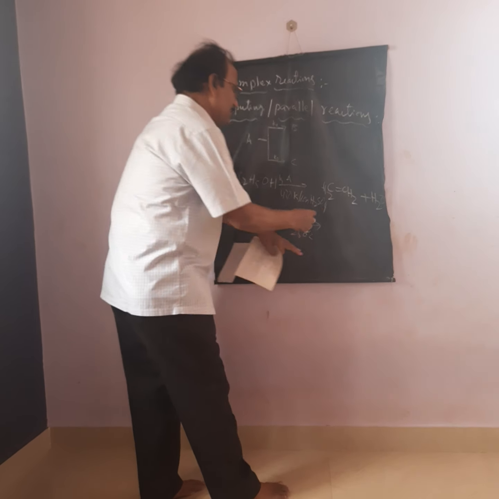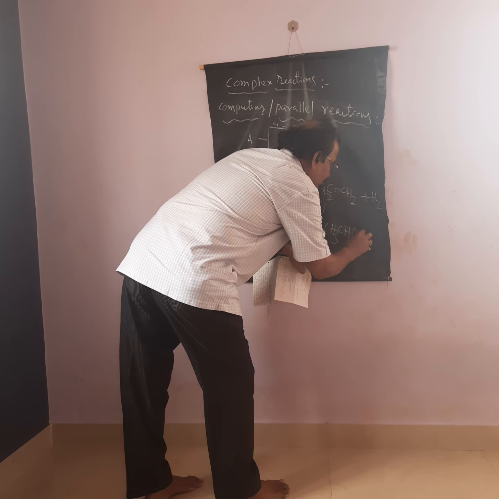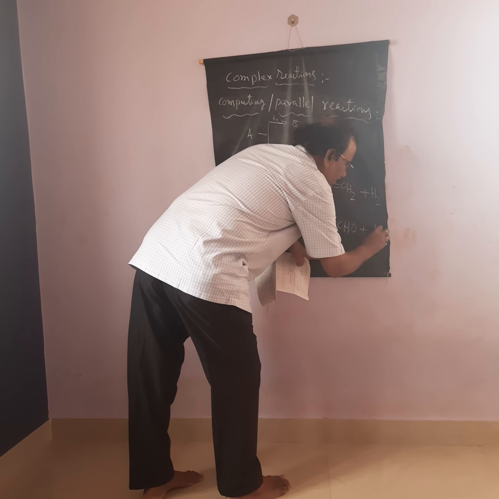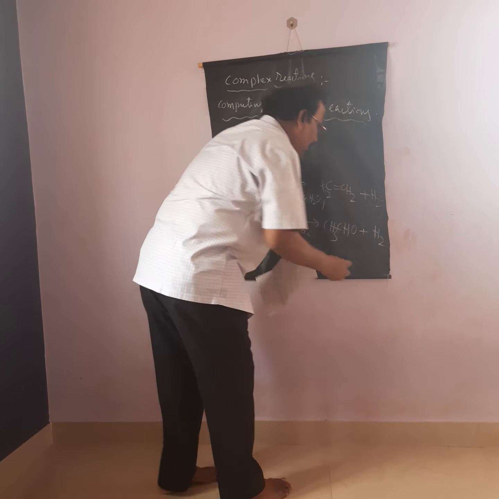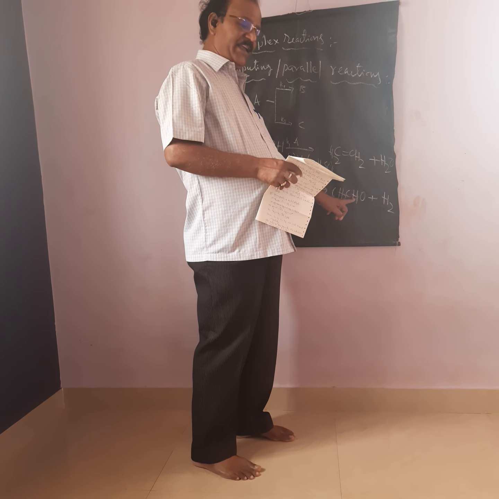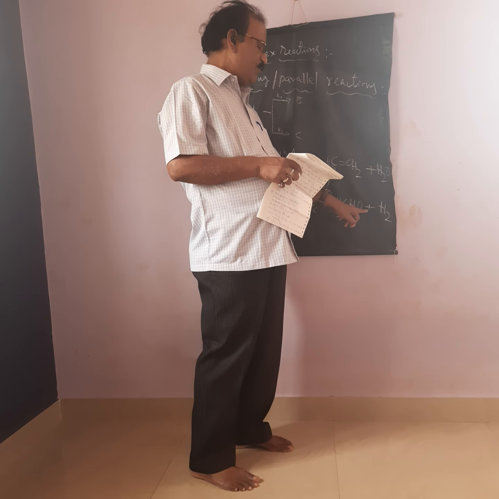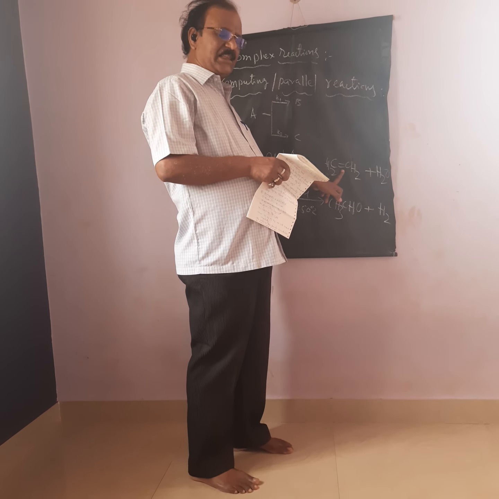It will give acetaldehyde, CH3CHO, plus H2. That is a dehydrogenation that takes place when vapors of ethyl alcohol pass over heated copper at 250 degrees centigrade. We now get acetaldehyde, CH3CHO. CHO is the aldehyde group. Acetaldehyde contains 2 carbon atoms. So it is acetaldehyde, or ethanal, not ethanol. OL means alcohol. It's ethanal, CH3CHO plus H2.